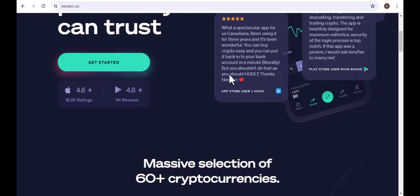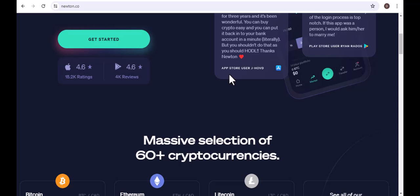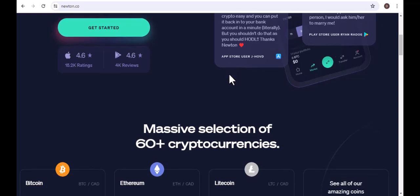The question of finding your wallet address is a common one, and in the case of Newton, it's tied to a few key aspects of how the platform operates. First, let's establish some fundamentals. What exactly is a wallet address? Think of it as your digital bank account number, but for crypto. It's a unique string of characters that identifies your wallet on the blockchain, allowing others to send you cryptocurrency. Just like you need your bank account number to receive a wire transfer, you need your wallet address to receive